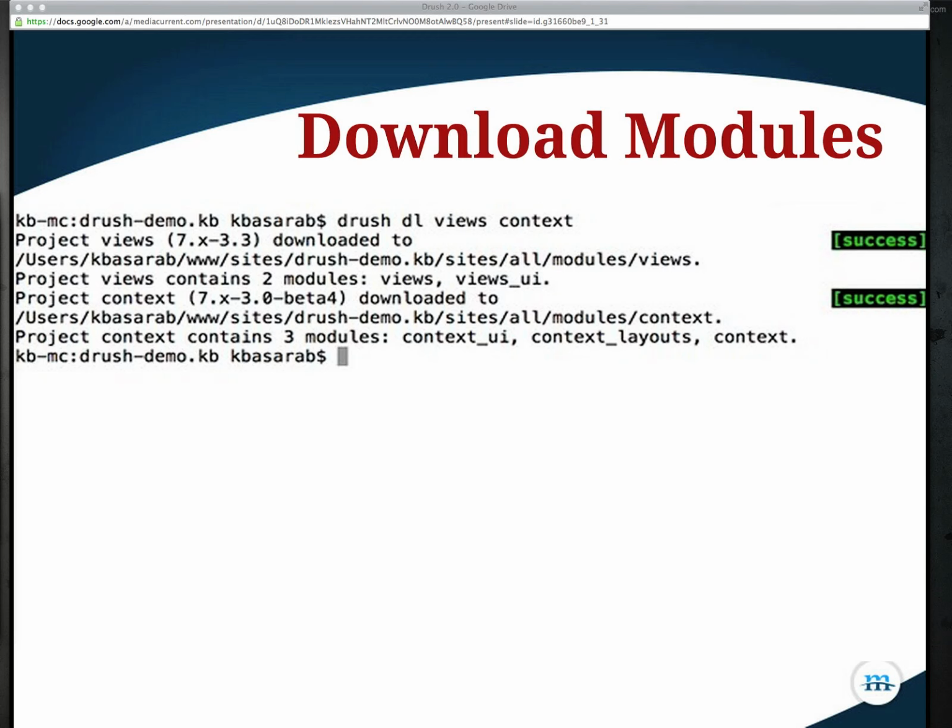That just eats up too much time. Well, Drush makes it easy. Drush DL views, context, CCK, whatever you need. Just throw a string of projects there and download them all at once. Best thing about it, well, Kevin will get into that in a second when you're enabling modules, but this little